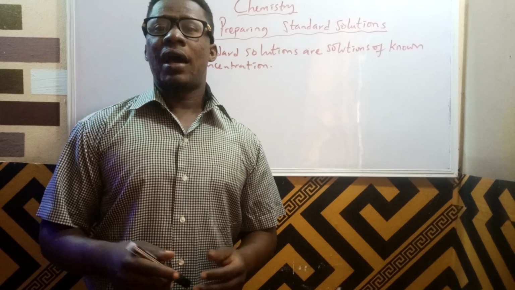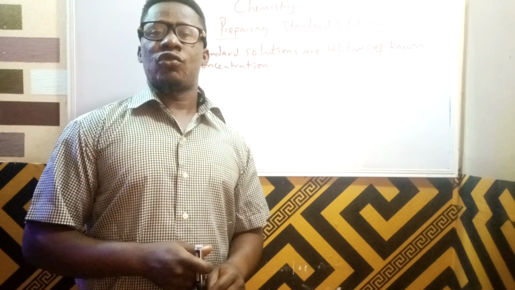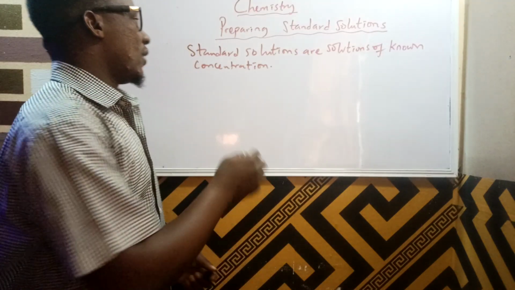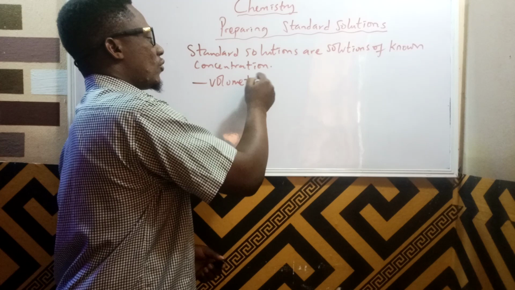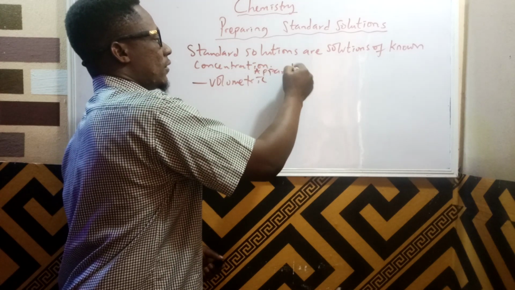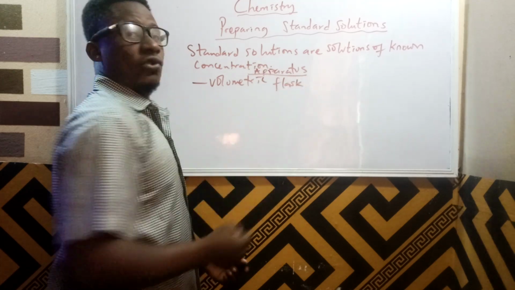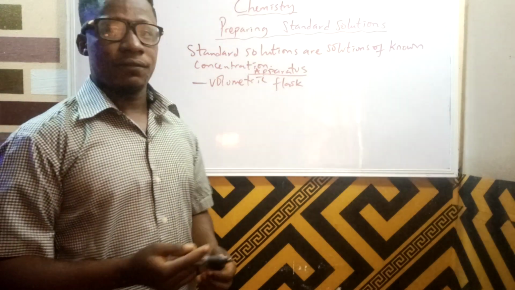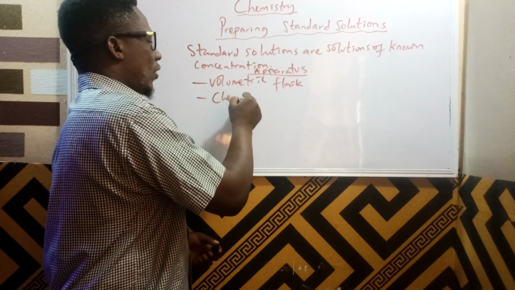So, majorly some of the materials that are needed to prepare standard solution. Of course, we have the volumetric flask, which is also called the standard flask. Of course, you are going to need a chemical or weighing balance